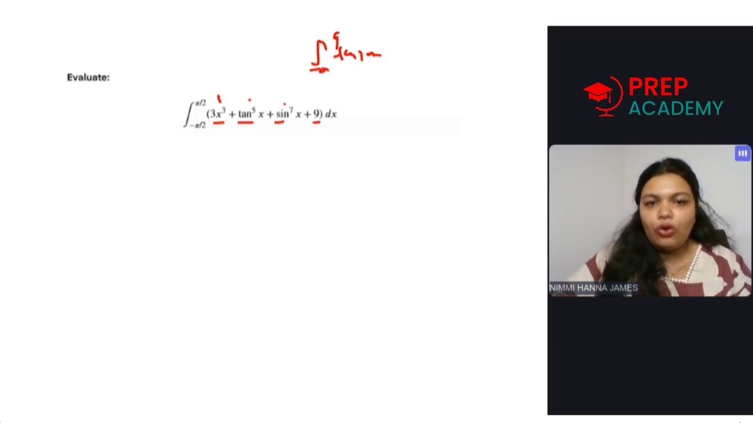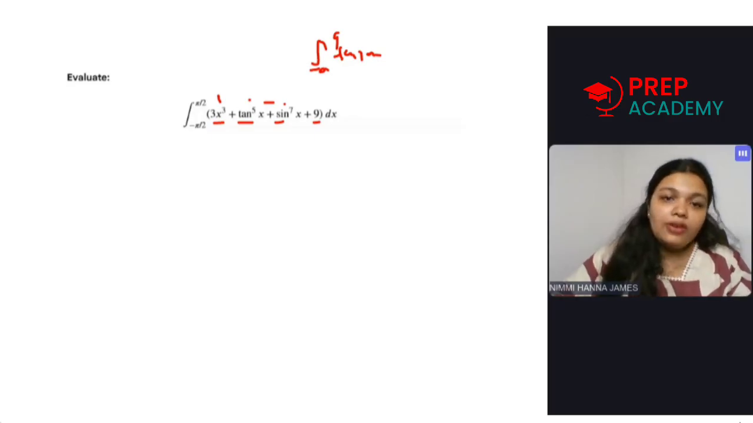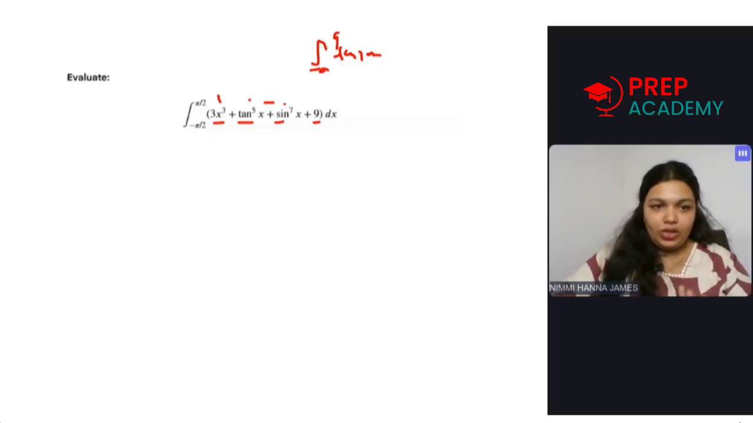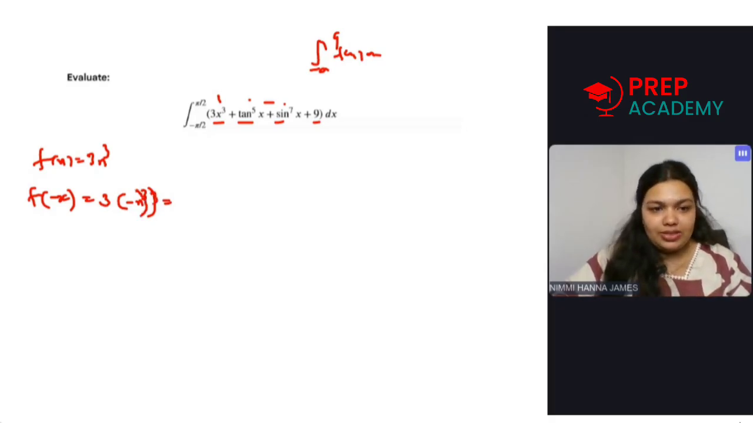Correct, of the 1, 2, 3, 4 functions. So this is a combination of 4 functions, and I have to check if each and every one of those 4 functions is odd or even. I'm taking f of x is equal to 3x cube. For checking odd, I take f of minus x, that is 3 into minus x cube. So we can take the minus outside, 3x cube is equal to minus f of